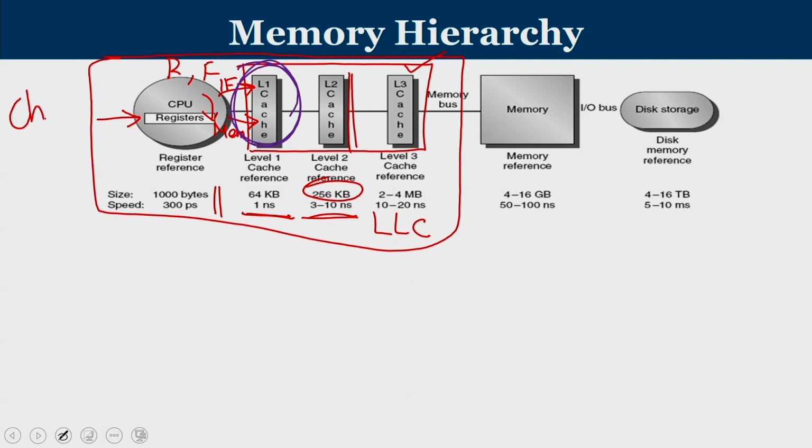This is your chip. Now off chip, the first level of off chip memory is your main memory. It is also known as DRAM nowadays, because of the technology that is being used, dynamic random access memory. And then we have the hard disk, that is for permanent storage. We can see that once you come off chip, your memory capacity is in the order of gigabytes and terabytes, and the access speed goes to the milliseconds range.